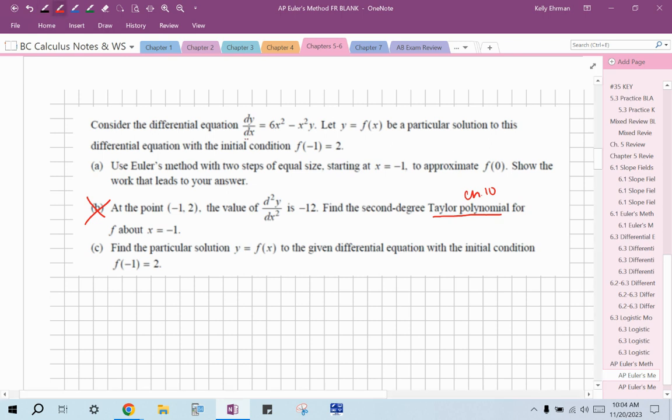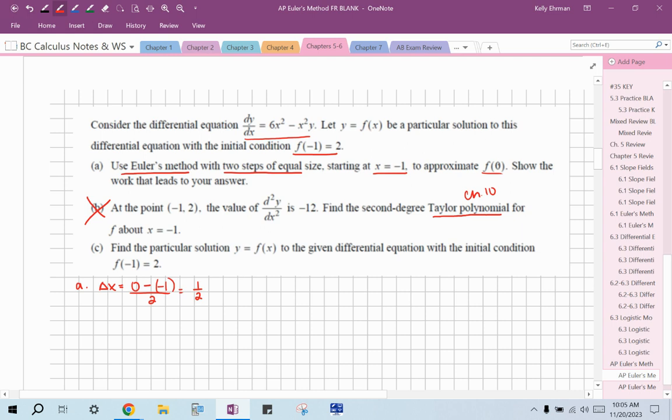So consider this differential equation. Y equals f of x is the particular solution. Here's an initial condition. Use Euler's method with two steps of equal size, starting at -1, to approximate f of 0. Start with finding delta x. Begin with your desired approximation. We want to find f of 0. We're starting at -1, so subtract -1 and divide that by the number of steps. So delta x is positive, which makes sense because you're going from